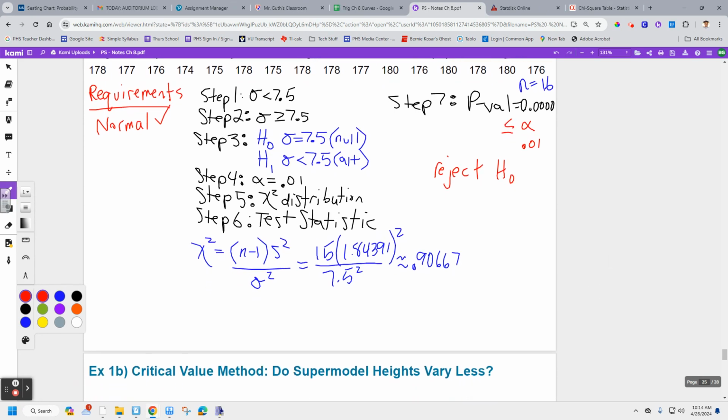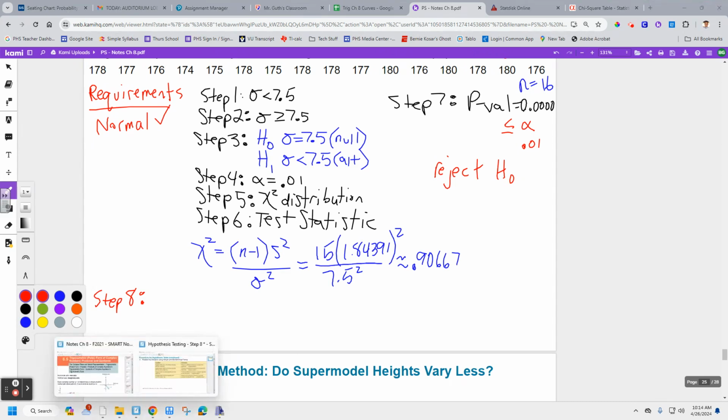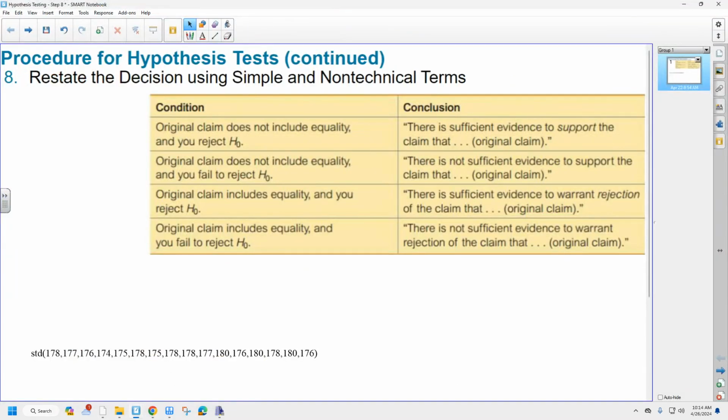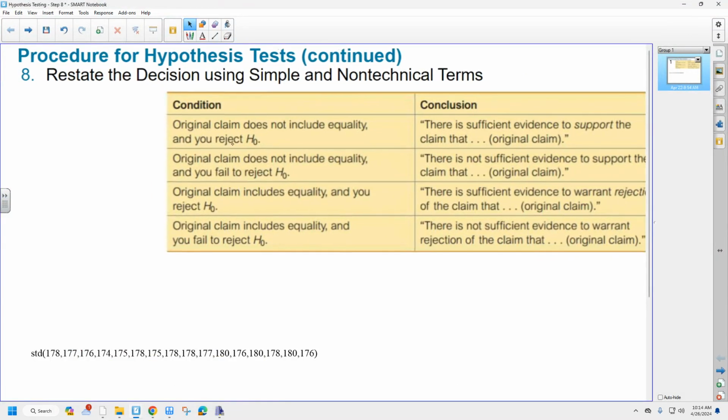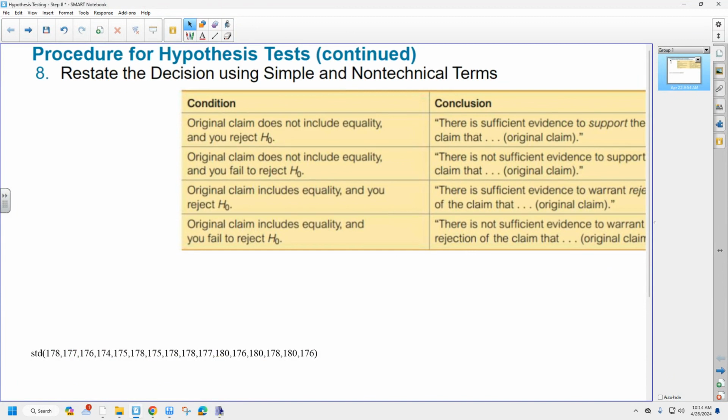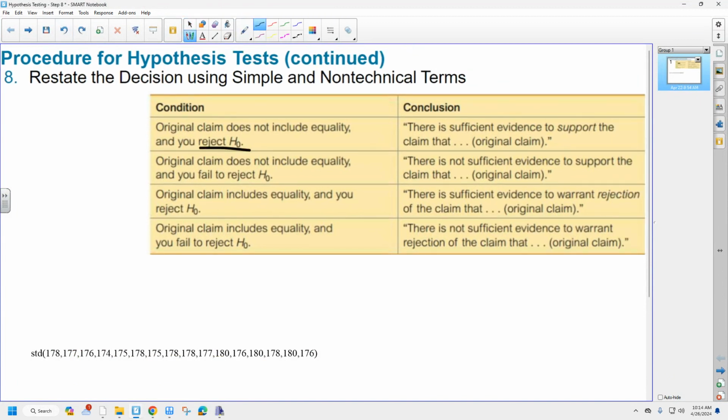Last thing we do is step 8, our conclusion. That's where you probably want to keep going back to this chart. We reject the null, and the claim does not include equality. So this is going to be the language we use for our conclusion: there's sufficient evidence to support the claim that